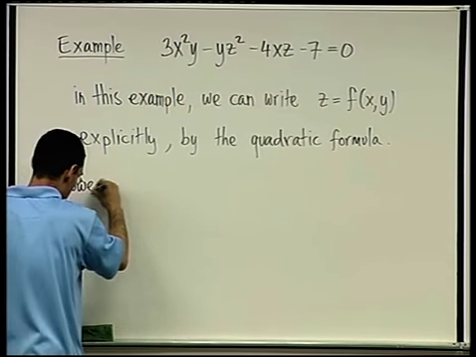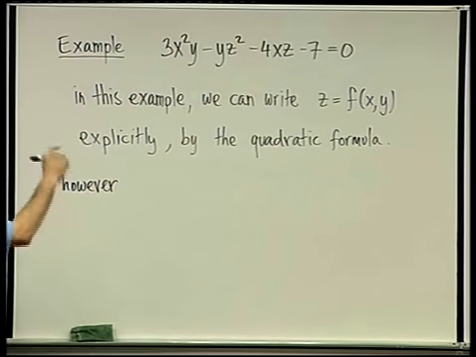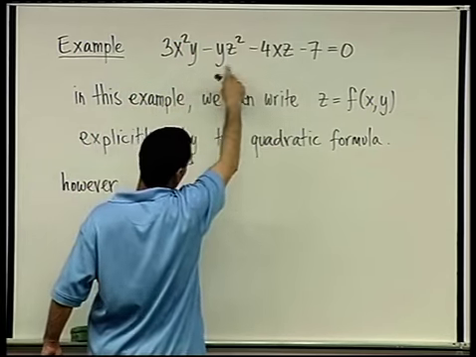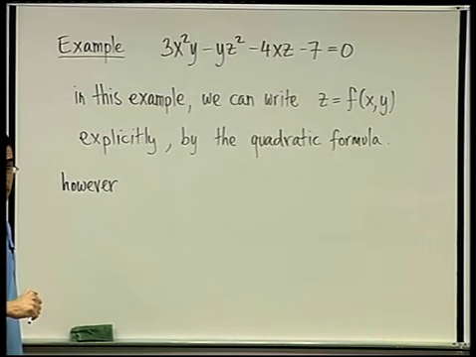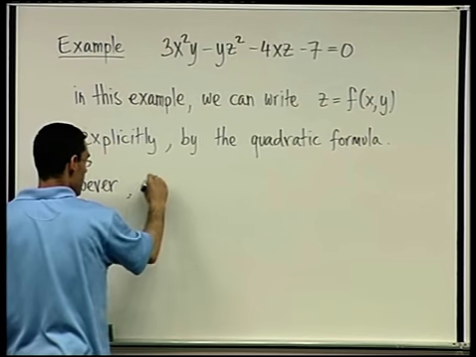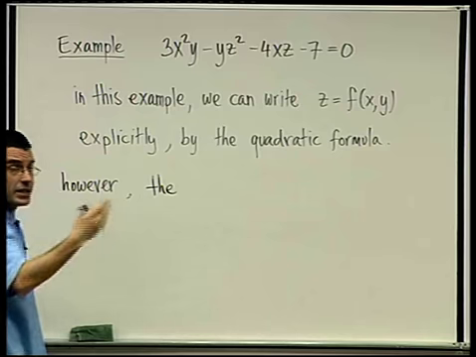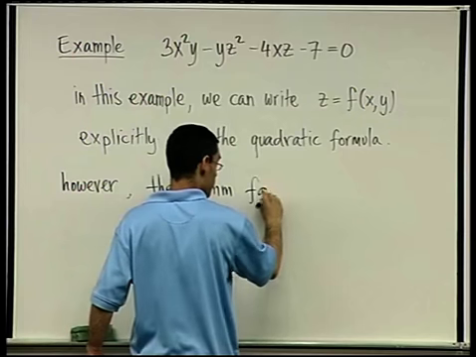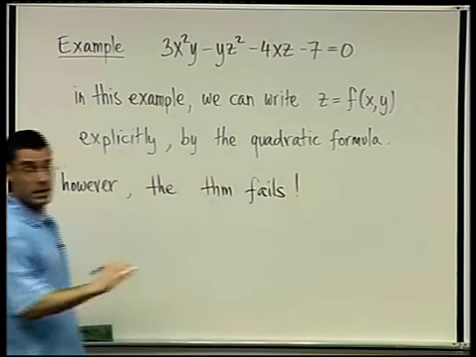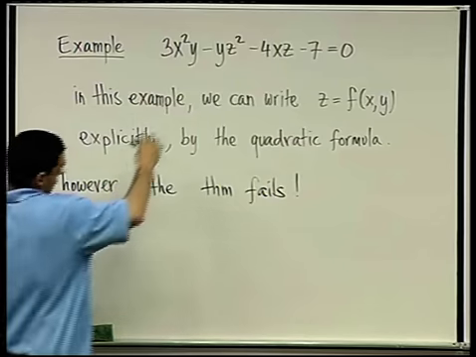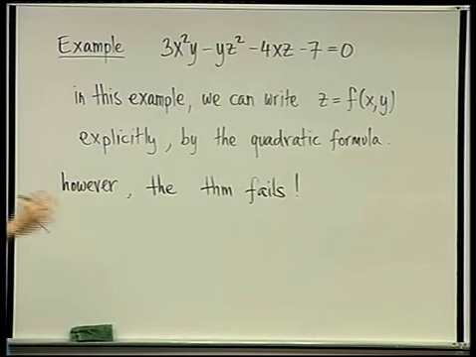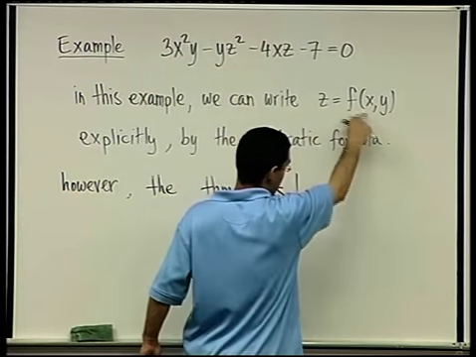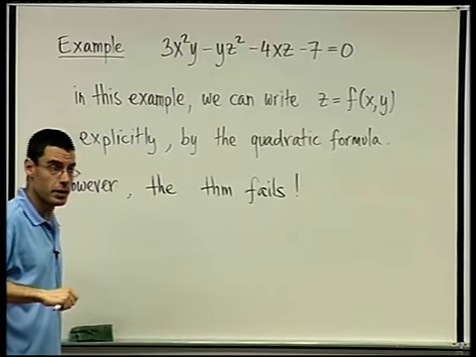However, do it. Solve this for z where x and y are parameters and see what you get. Okay? However, the theorem, so what if we try to do that using the theorem? The theorem fails. What does it mean the theorem fails? If I looked at this and said, okay, let's guarantee existence of an implicit function, z is a function of x and y, according to the theorem, I would have to